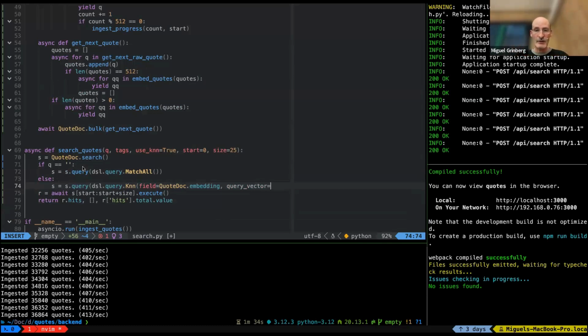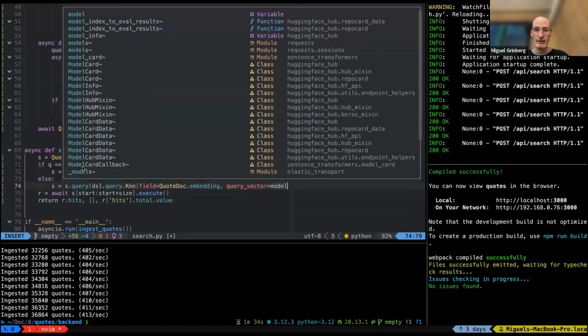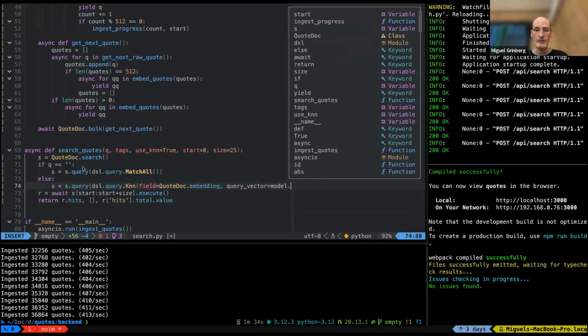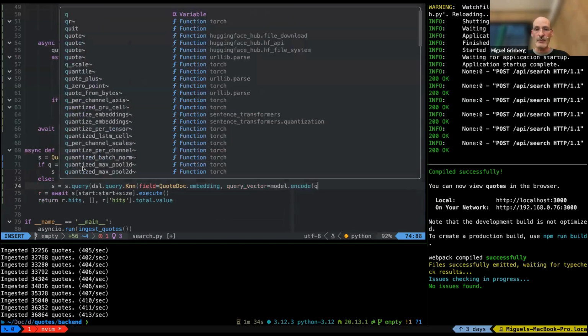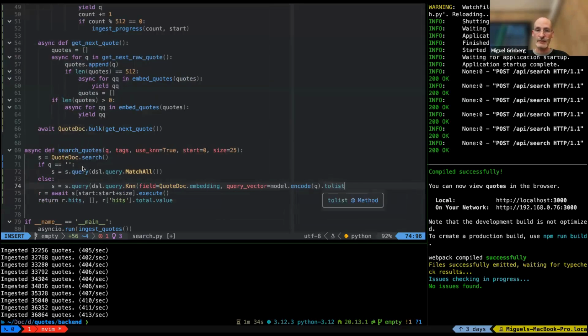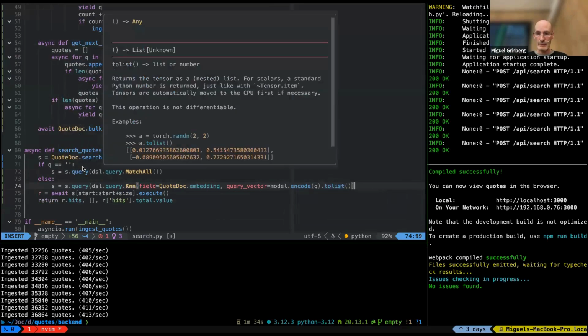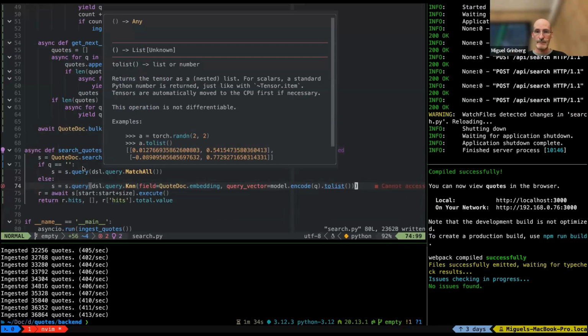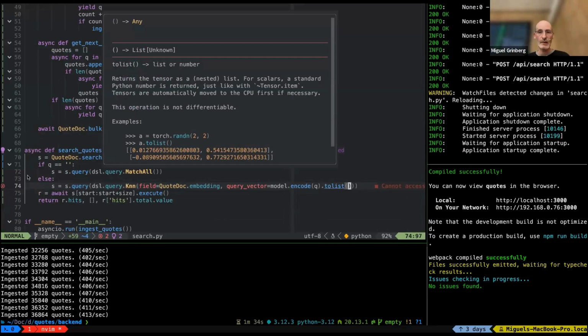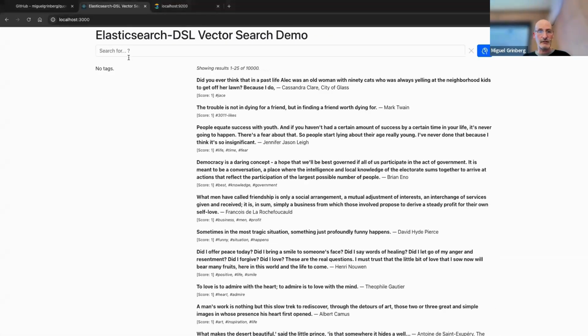And the query vector is going to be coming from the model. So model.encode(q).tolist(), right? Like that. And that gives us search, hopefully. I'm going to refresh just for